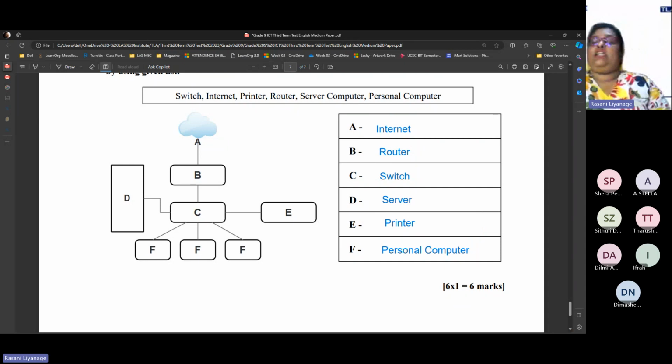So that we will pick E for printer, while others are personal computer. So finally, that's all. We are done with the paper. So next week we'll be having the term test. And from February 1st week onwards, which means February 5th onwards, we are moving to grade 10 work. The same schedule would be continued, but would be 8 to 10. That's all.